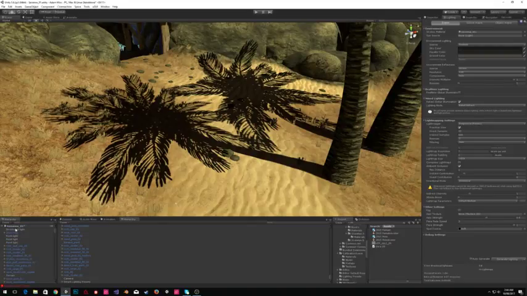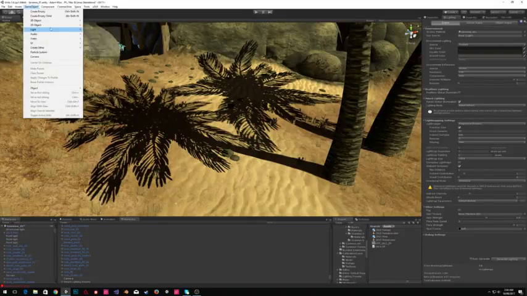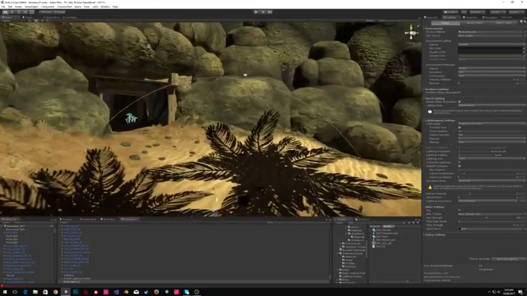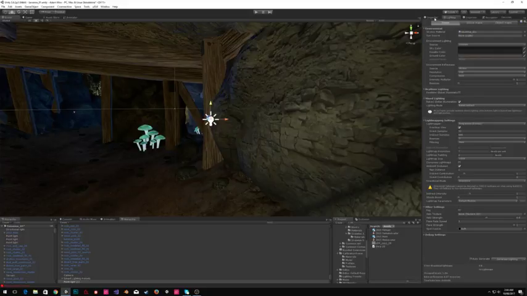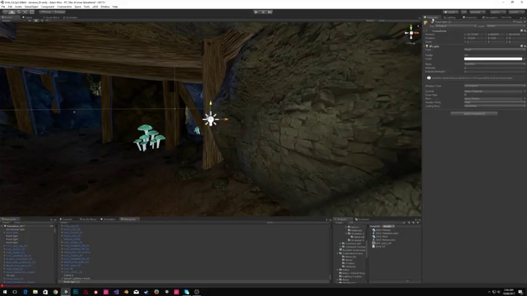So on point lights, if we create a point light, as I was discussing, most light sources in the real world aren't infinite points. In baked lighting we can actually do that as well. So what you can do, when you've got a point light selected under the inspector, is set, when it's set to baked, there is a new